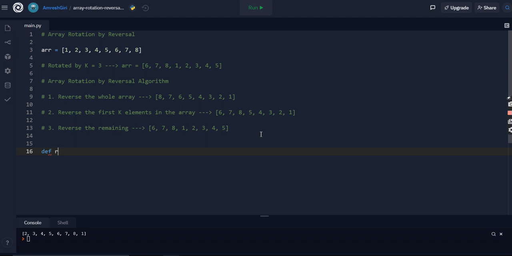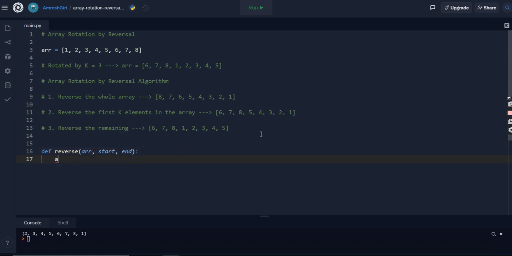First is going to be the function to reverse my array. We take the array as the parameter, along with a starting and an ending index, because we are going to use the two pointer technique to reverse our elements. So we need 2 pointers, start and end, from where we iterate step by step and reverse the whole array.